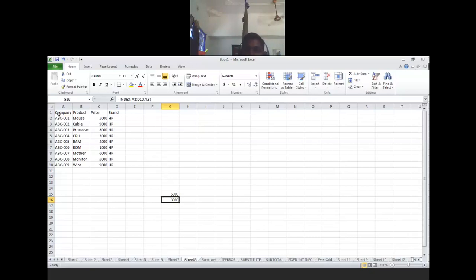But the INDEX formula doesn't count the heading. Many students make this mistake and count the heading for INDEX. HLOOKUP counts the heading, but INDEX doesn't; we count from the data. Now 3 means 1 2 3. The fourth row is 1 2 3 4, and third column, we get 3000 rupees. Fourth row and third column, without counting the heading. That is the index number.